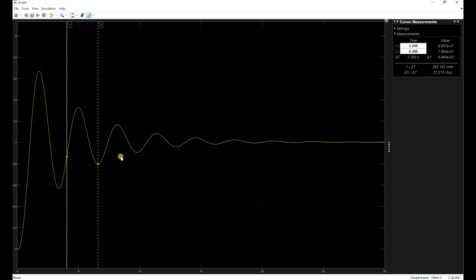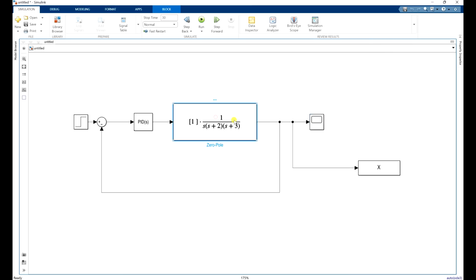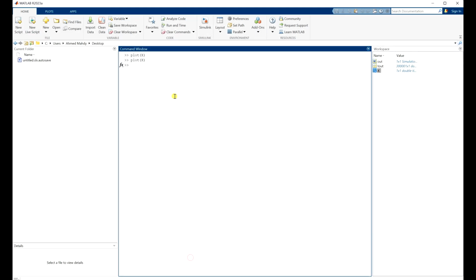regardless of whether it is giving a better response or a worse response. Now what if you have another system like this one, and you would like to get omega critical and the other value, like K critical, quickly? How can you do this? You can do this using root locus. How can you do this? Let's say we would like to define G, which is our system,